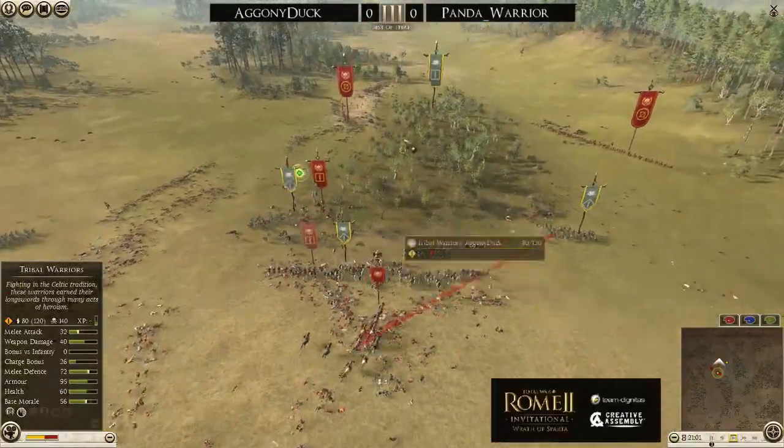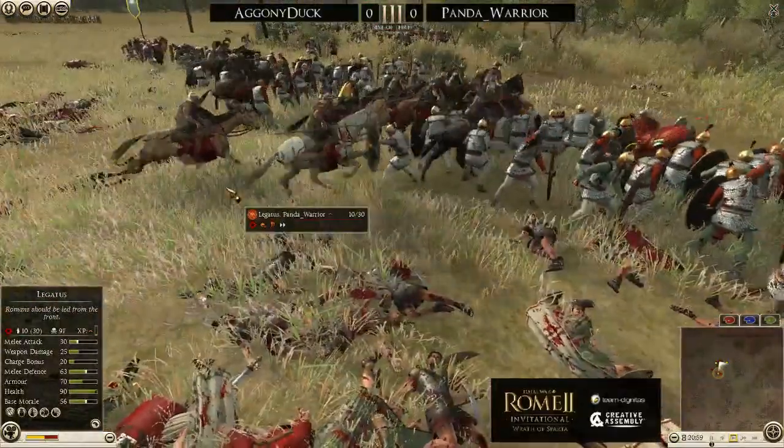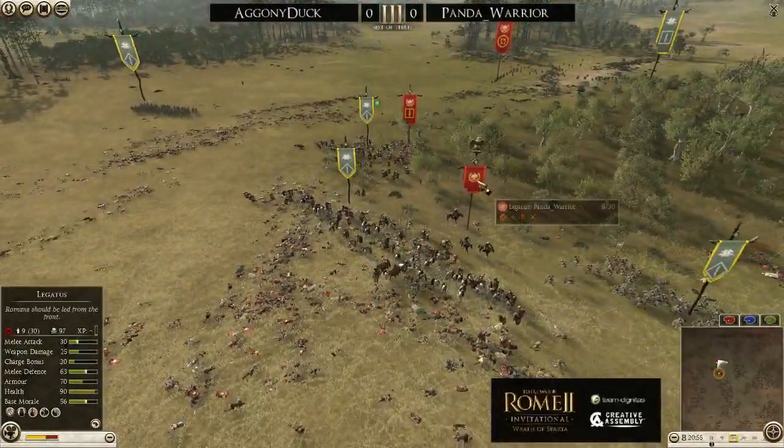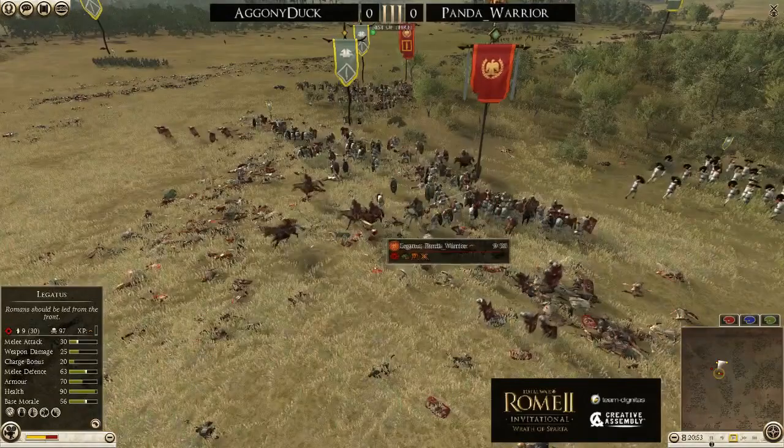But it was really dangerous. He was firing over the head of his Legatus, who is doing melee work. He's just attacking and attacking. They're up to 100 kills on his general. Yeah, you don't see that very...